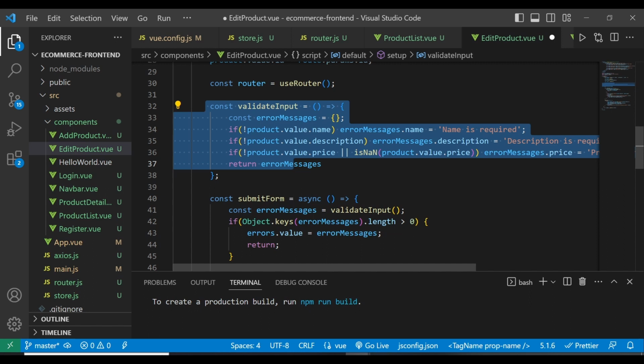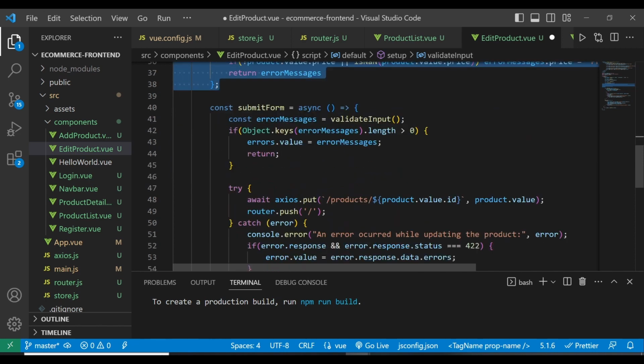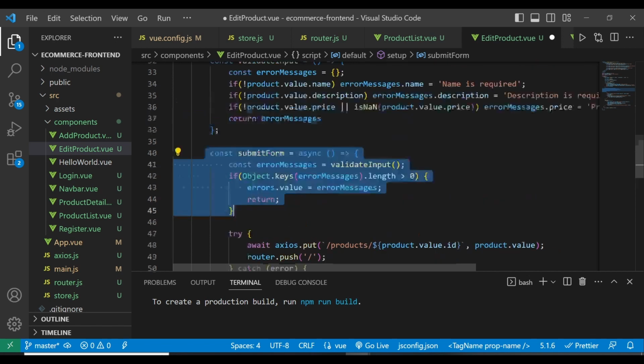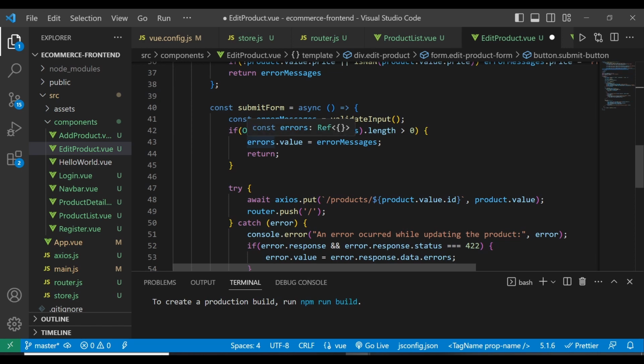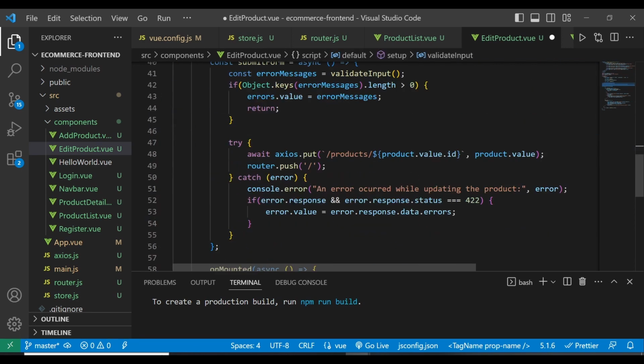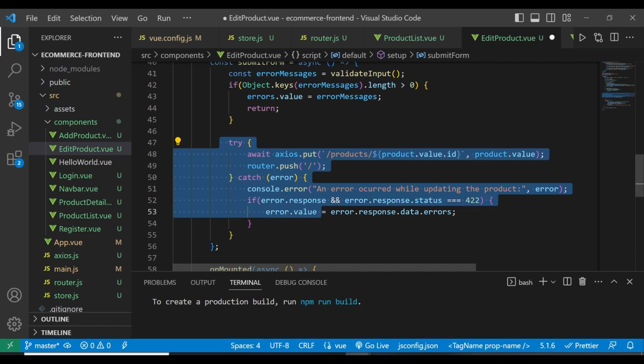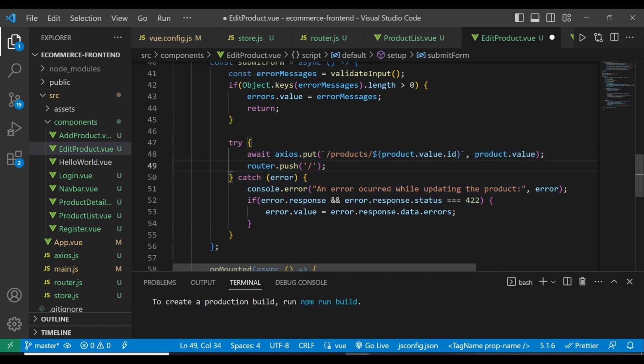And then here, of course, the const validateInput, we are validating the product data so that we can ensure that all the input fields have been filled up. And then the submitForm, once the button is clicked, will be called to check if there are any error messages through this validateInput, and then it will return the product data. Then this is going to update the product if there are no errors,